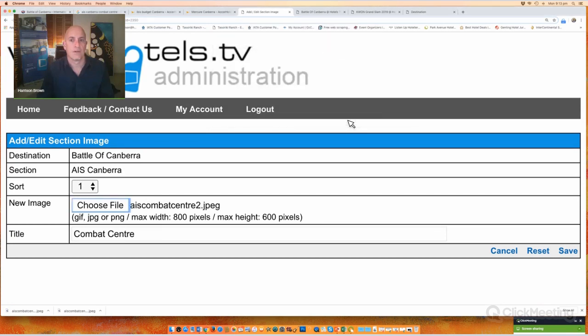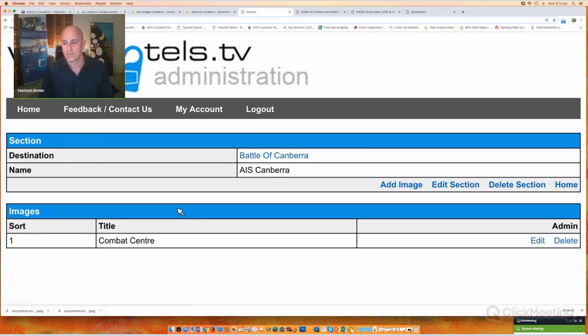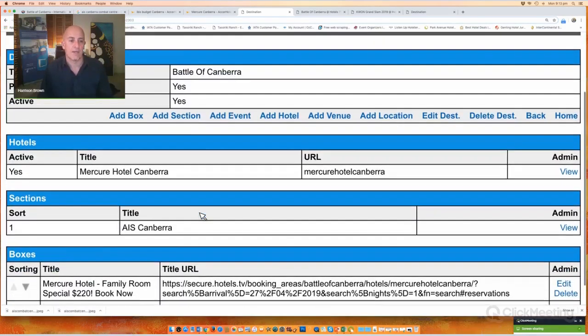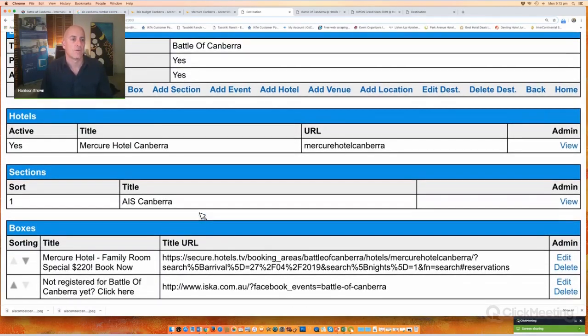and Combat Center number 2. That's done. Save that. All right, so now that's finished. We go back to the Battle of Canberra. You see how all your blocks are built now. You've got destinations, hotels, sections, boxes, different ones under every single heading to really build out the information,